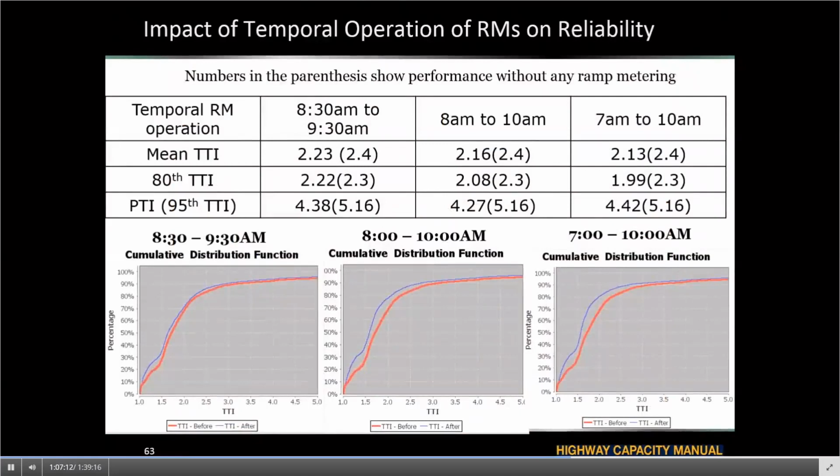And so it's similar to the work zone example, just a sensitivity analysis shown here of, well, if we turn the ramp meters on for an hour versus 2 hours versus 3 hours, how does the performance change? How does the reliability change? And you see here that the method shows measurable results in the form of shifting the reliability distribution further and further to the left, as well as impacting the average a little bit, but then mostly these higher ranking, the 80th percentile travel time index, making the overall travel more reliable.